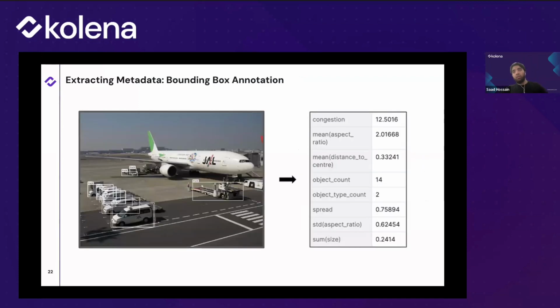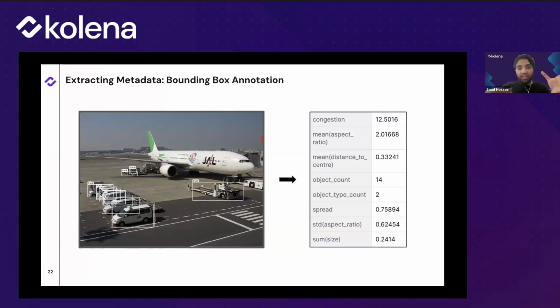Now, not only can we extract metadata from the image alone and just using LLMs in terms of classifying it, we can actually use annotations themselves to further our understanding of a certain image without having to explicitly look at the image. So when you're first given this image, you might just have a series of bounding boxes, and effectively what you have is a number of XY coordinates without much more to go on.